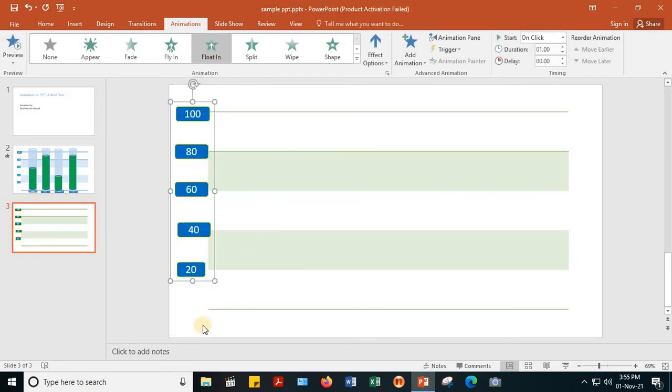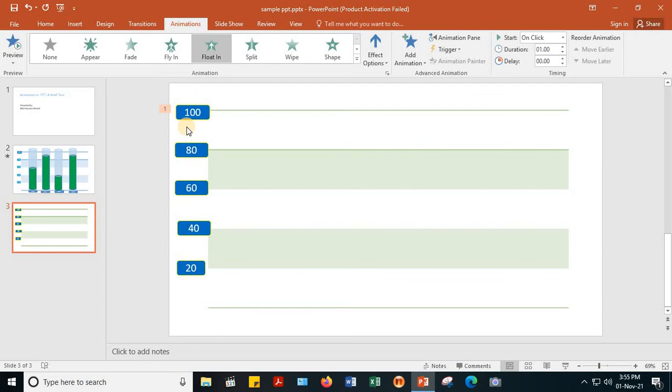So from a particular direction it will slowly appear like floating in, and you can also decide from which side this will float in. So here you go, effect option, and you see there are two options, float down and float up. I am choosing float up. All these options will be there when you select a particular animation. There will be an effect option.